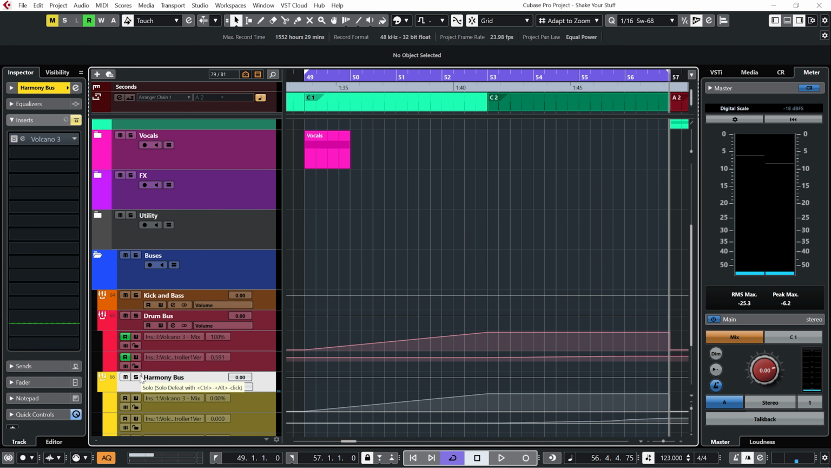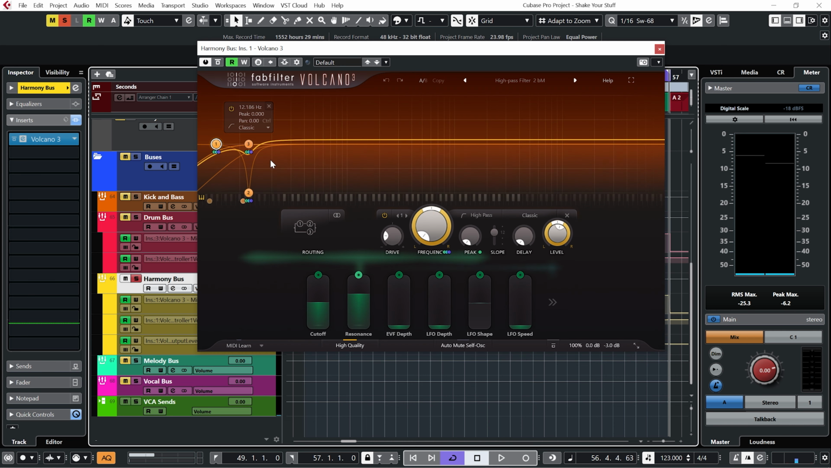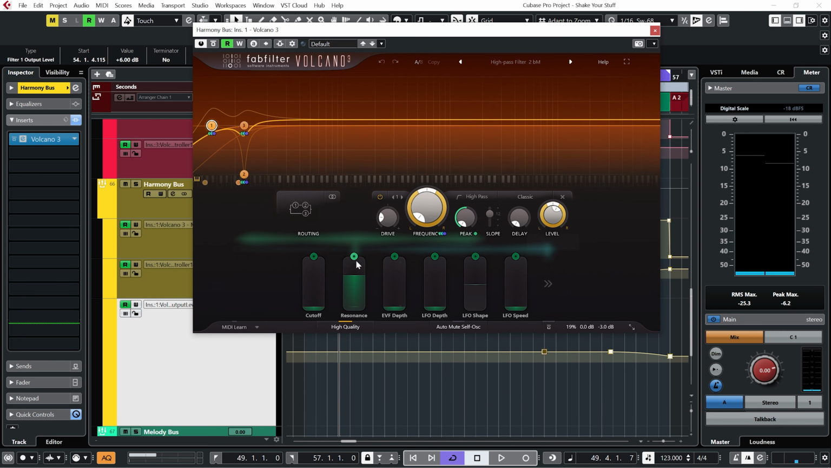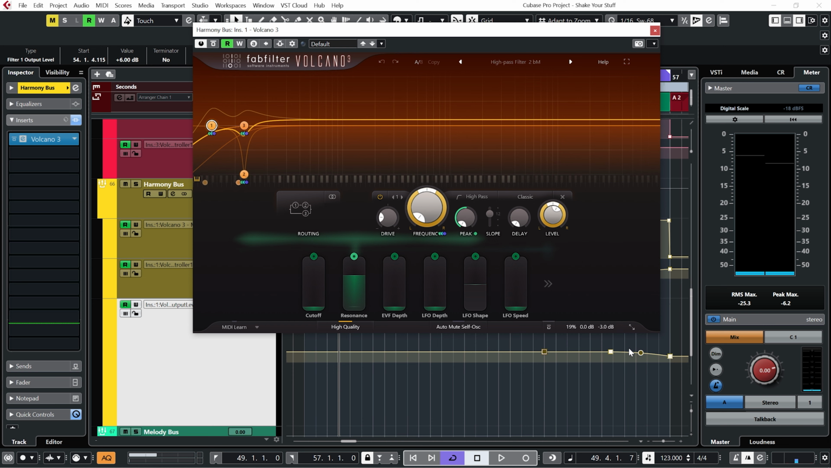And the next thing I wanted to do was add a bit of flavor to the chords, which are all coming through this harmony bus. So again, I've added this high pass filter. So as well as automating the cutoff, I actually also bring down the output level of this filter ever so slightly